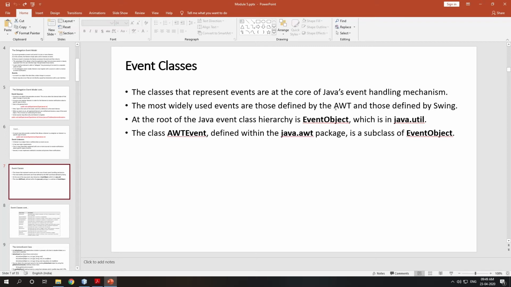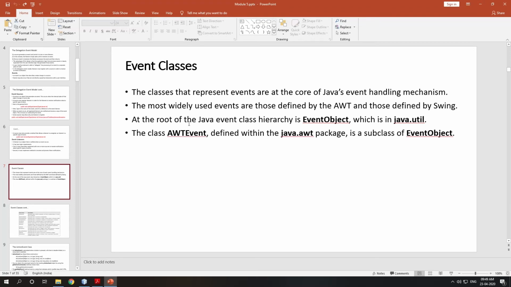There are two types of user interfaces in Java. There are many types. Actually, in your textbook only two types are mentioned, that is AWT and swings. AWT is one type of GUI technique. Okay, it is the Abstract Windows Toolkit, and swing is another type of technology provided by Java to create user interfaces.